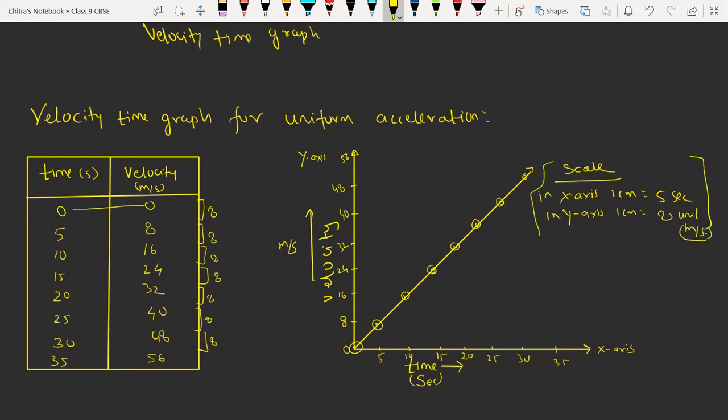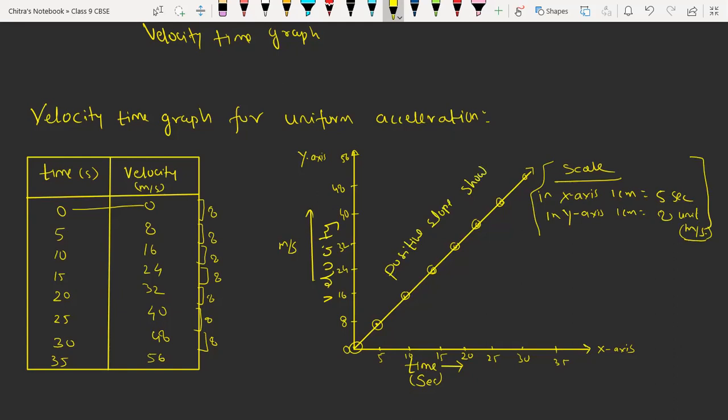So here we have got the positive slope. Okay. Here we have got the positive slope. So I am writing here: positive slope shows that